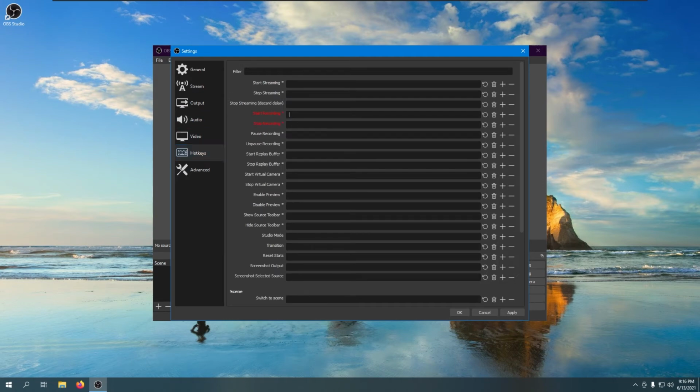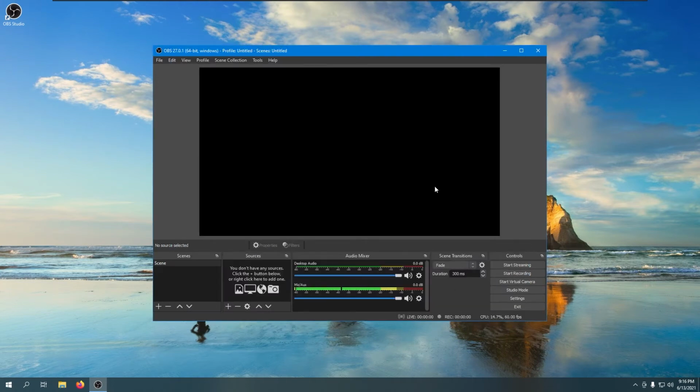control my starting or stopping of recording. So I'm gonna use Control S as my start key and Control T as my stop key, and let's apply everything. So it's applied. Now what I have to do, there are two things, mic and desktop audio, so I'm